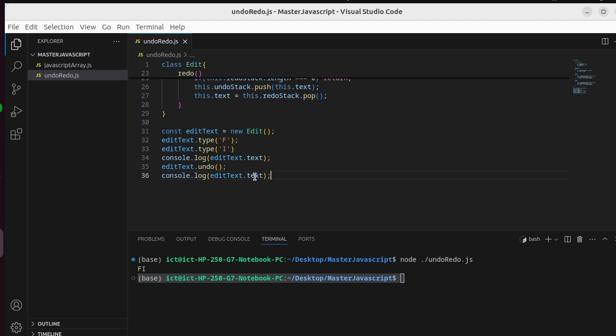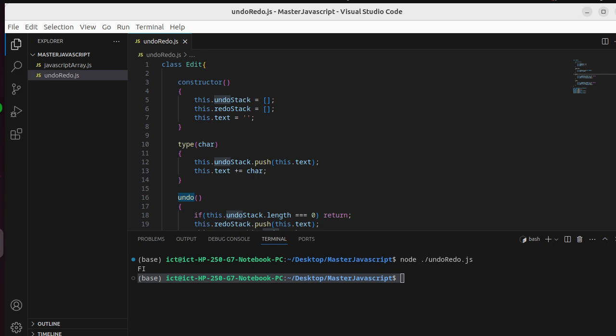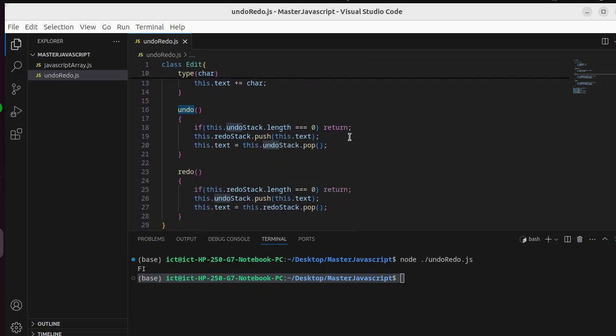Of course, let's see. So what has happened here is that we are undoing. So we have F and I this time. When you come and undo, of course, it will check the undo stack, and you see the undo stack has the F and I, is not 0, so it will continue. It will push what is in that undo stack, that is F and I,